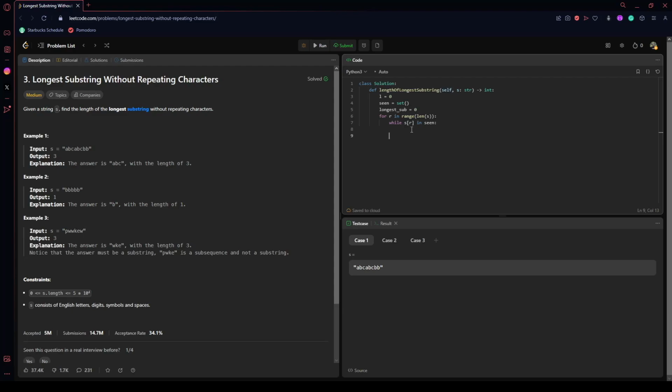But while it's not a duplicate, we add seen.add, we add s at r. We add it at r. So in this case, at the beginning, it's at 0. So r would be A, we add it to the set, and then we continue. So in this case, we keep iterating through it, so we don't have to do plus equals 1. And then what else are we doing? We want to have longest sub. The longest substring is equal to the max of the longest substring,